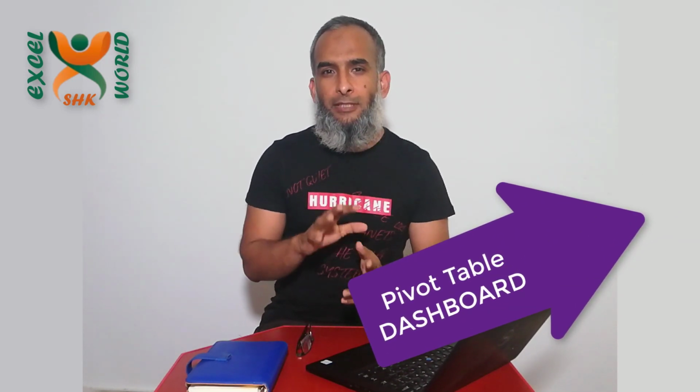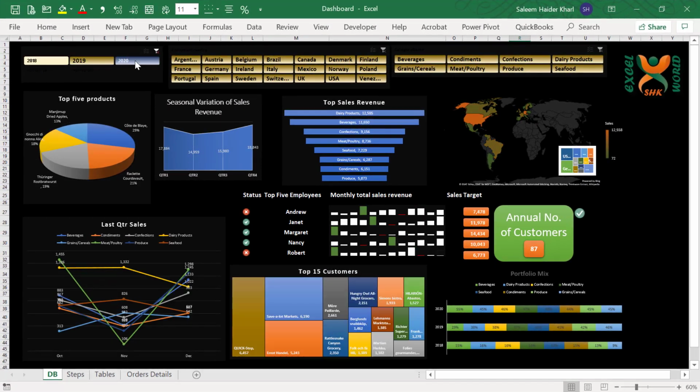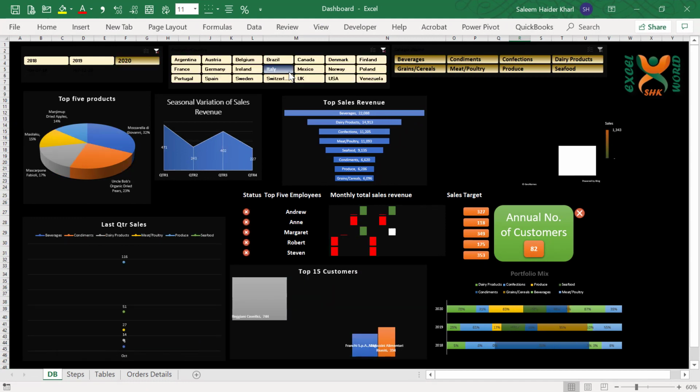So this will not be just converting your pivot table into pivot charts, but it will be something beyond chart. So we will be working our way through different exercises and learning new skills to create this dashboard. By just looking at this dashboard, I believe that you will be very excited. And I am excited to tell you how you can prepare this dashboard. So for that, you will have to learn new skills.